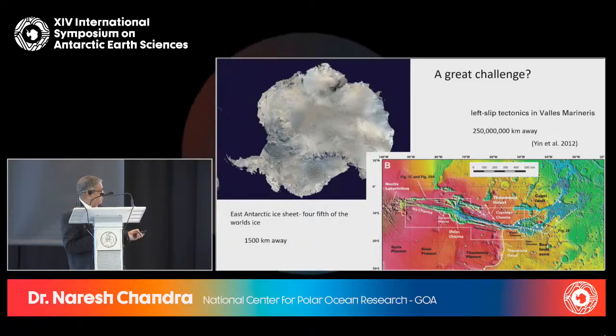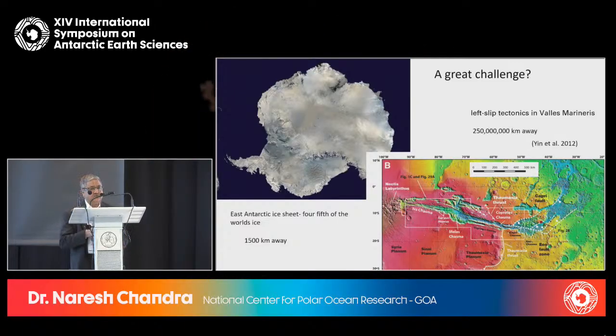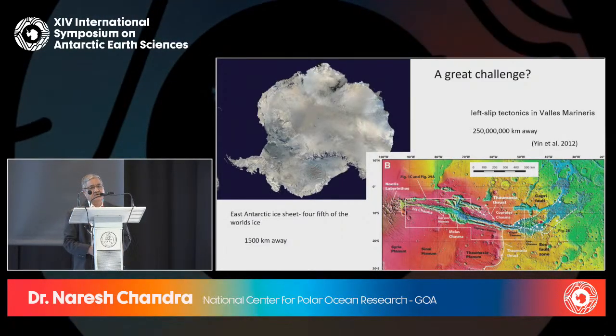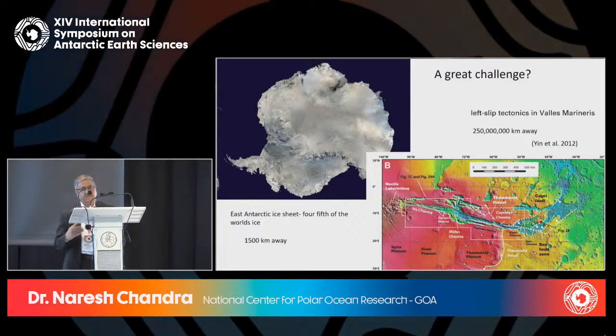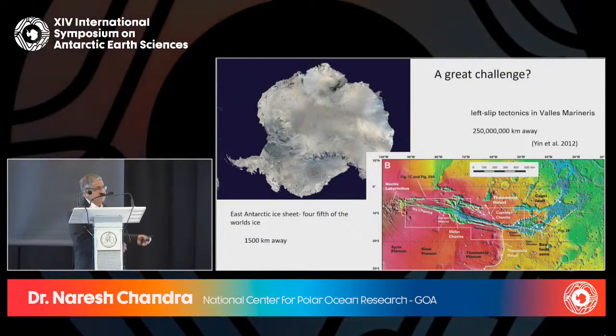So when you can do this, this is a 4,000 kilometer long trough system, a 2,000 kilometer long strike slip fault, etc. You can work out